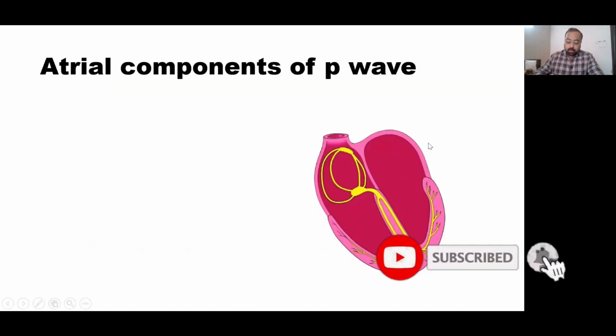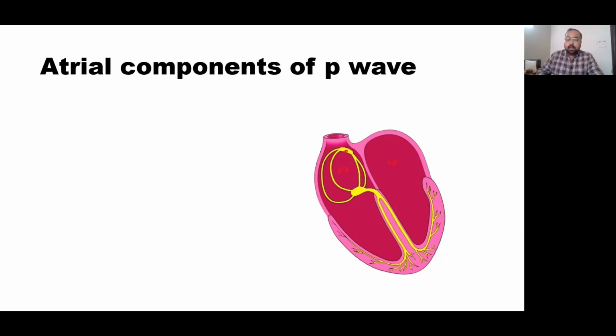Now, as you know, there are two atria, the right atrium and the left atrium. The SA node is located in the right atrium, so the depolarization of the right atrium precedes the depolarization of the left atrium, and the depolarizations usually are in these particular directions. Now, if you have to dissect the atrial components, the right atrial and the left atrial components, the best leads to look at are lead V1, which directly sits on the right atrium, and lead 2, which is somewhat oriented in this direction. Now, as you know, current is a vector entity, so this will have its effect in the morphology of the P wave in lead V1 and lead 2.